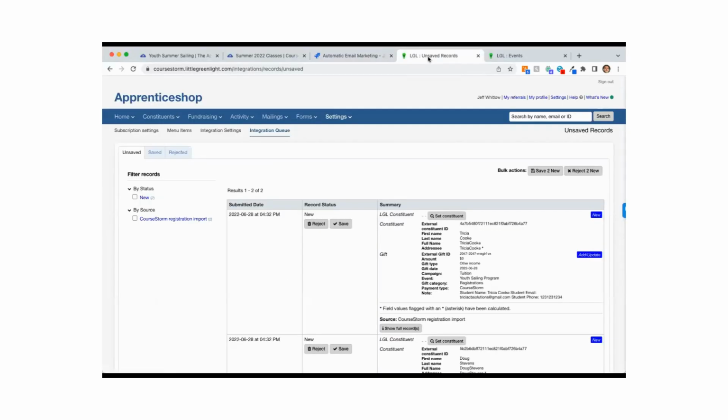I'm going to move over to how this whole integration works as well, which is super cool for us. We're super excited that we're able to move this data from CourseStorm into what most of your programs probably consider the system of record. So the way the data comes in, some of you may be familiar with this field in Little Green Light, but there's something called the integration queue. It's located under settings. So if you've never been in there, it just means you probably don't have anything integrated currently. But if you go into your integration queue, once you get set up with CourseStorm and the LGL integration,